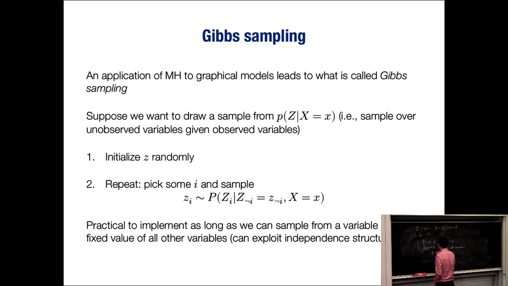It's going to be sampled according to the probability of Zi, given, first of all, all our same evidence as before. But we're also going to assume that all the variables except Zi are fixed at whatever current value they actually have. So also Z, and the notation I'm going to use for that is this little not i, or the negation of i. So this means all the random variables in Z that are not equal to i are equal to their current values, Z not i. And the key part here is that this thing can be much easier to sample from